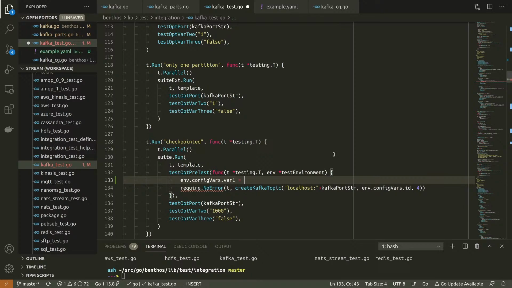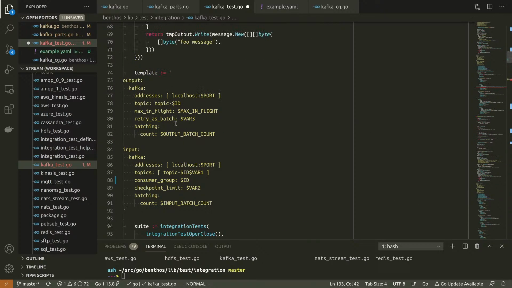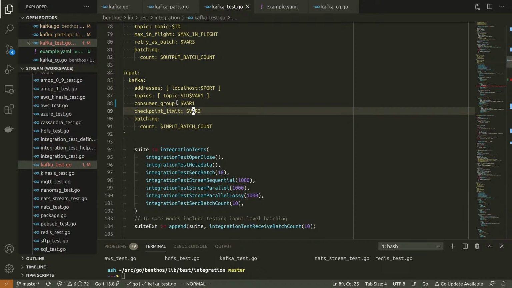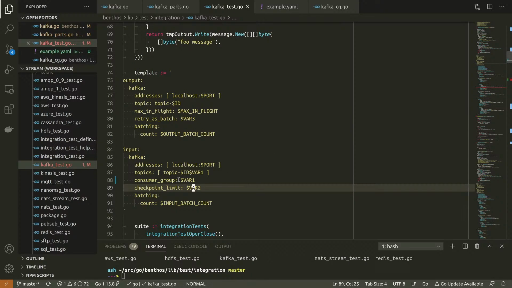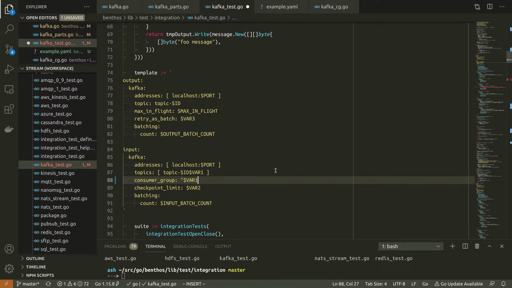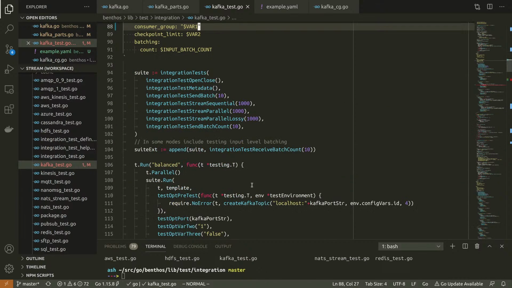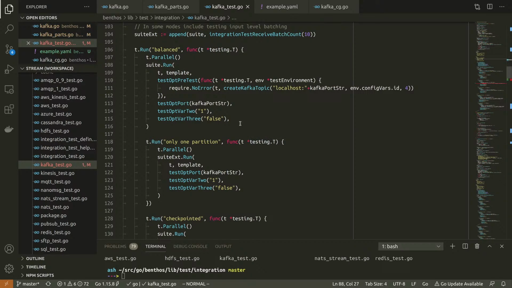What I'm going to do is copy the... yeah, I'm going to make the consumer group an explicit variable. Var 1. And I'll be very careful, since I'm going to set this as empty for some of these tests, and it's YAML, I'm going to put it in quotes so that we don't end up with broken YAML.